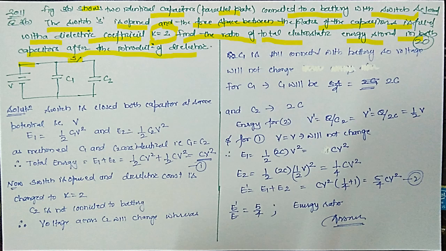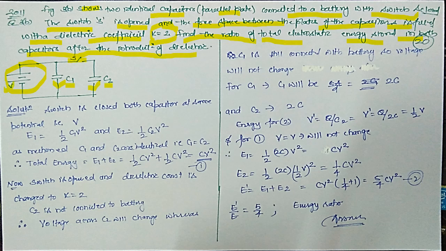Okay, so let us go step by step. We will read this question again through this figure. Let us try to understand what they are saying. You have two capacitors C1 and C2 which are connected in parallel here, and there is a battery source V1. Okay, and there is a switch. So switch is initially closed. That means both the capacitors are having same voltage V.